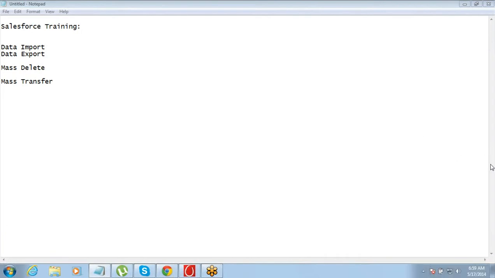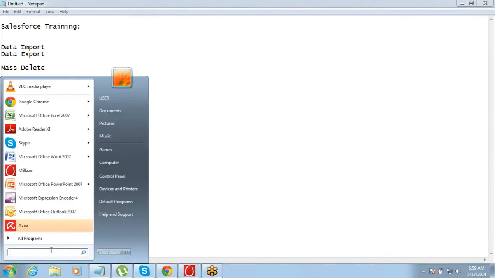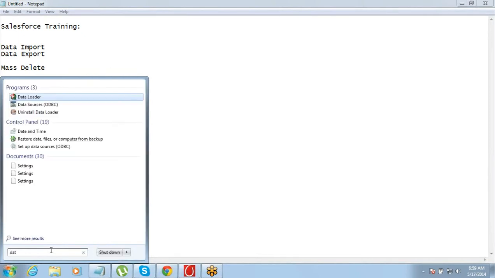Anyone who was not able to download or install data loader? Okay, I am hoping everyone could download the data loader. In case you have downloaded or installed data loader, after installation, as I showed you yesterday, this is how it will look.